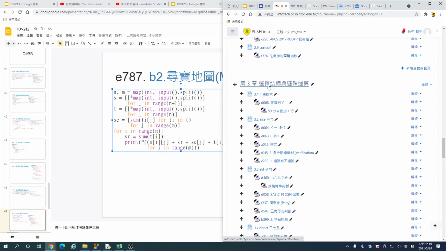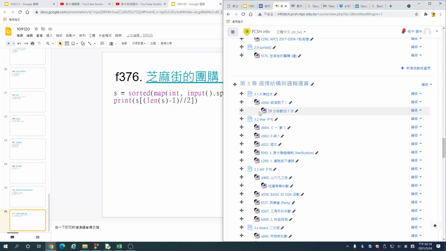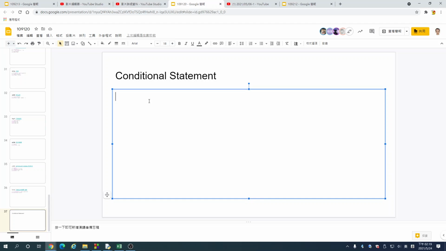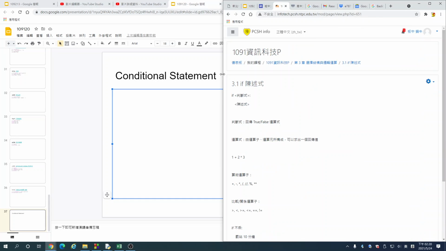Okay, this week we are going to talk about conditional statements. Conditional statements. Let me start a new slide. Before I explain what a conditional statement is, let's start with the next problem, which is not this one,